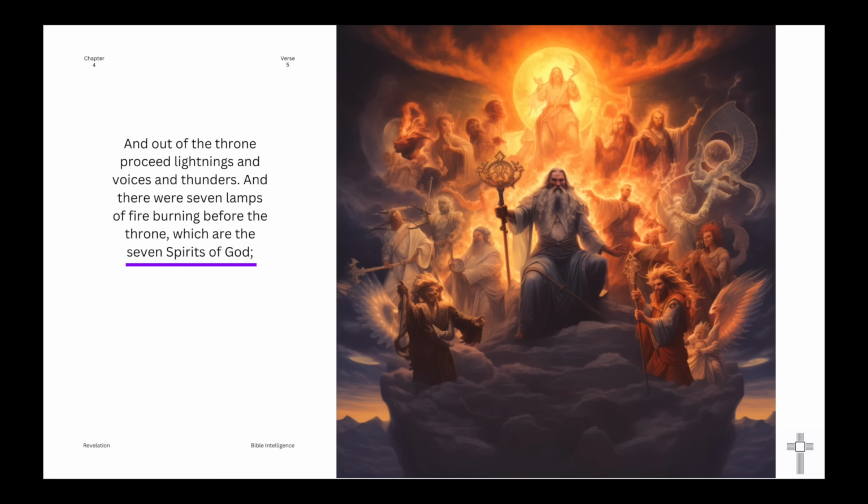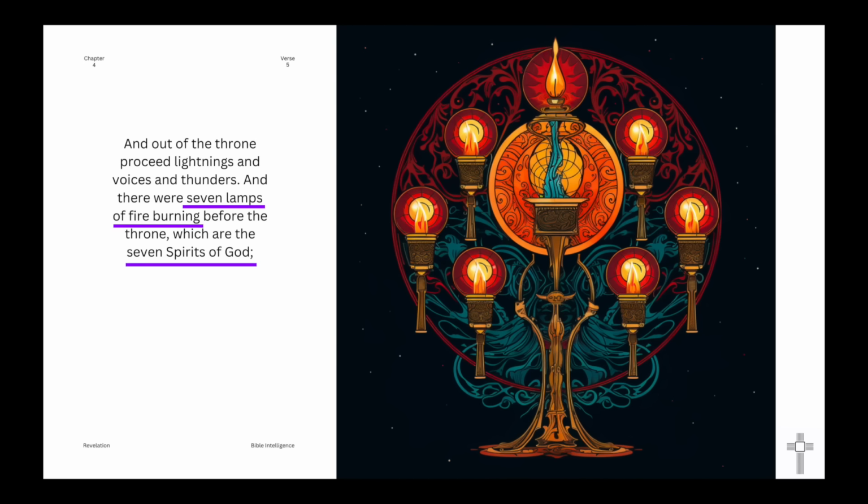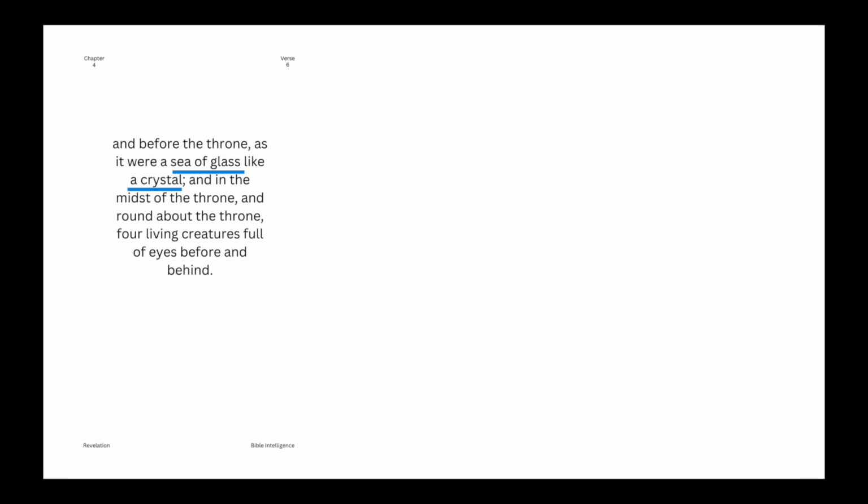Put that into the AI image generator. Wasn't what I was looking for, but it did look cool, so I thought I'd share it with you guys. And this was maybe more of an idea of the 7 lamps of fire burning. It does look a bit like something you'd see in a fantasy novel, but I kind of like this symbolic thing here where we had 7 lamps portrayed like this. So I thought that image looked a lot cooler.